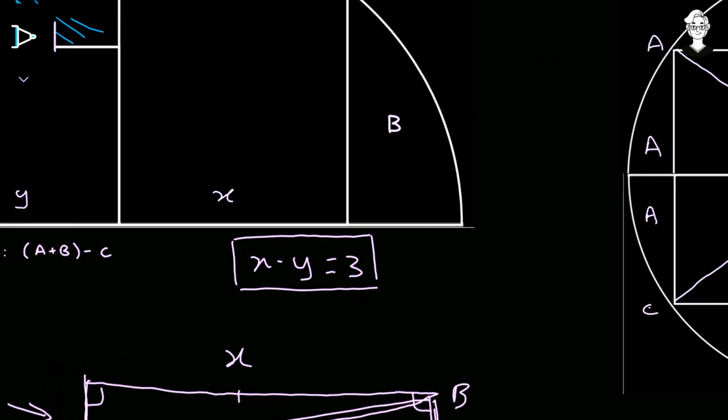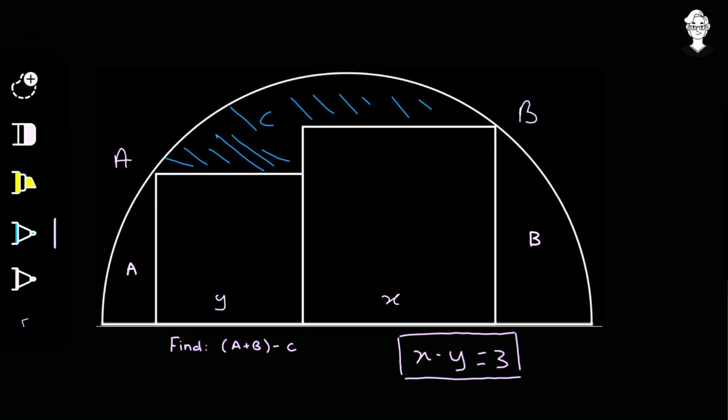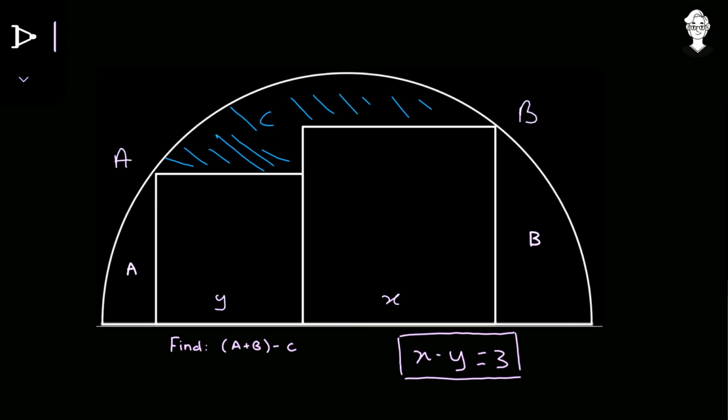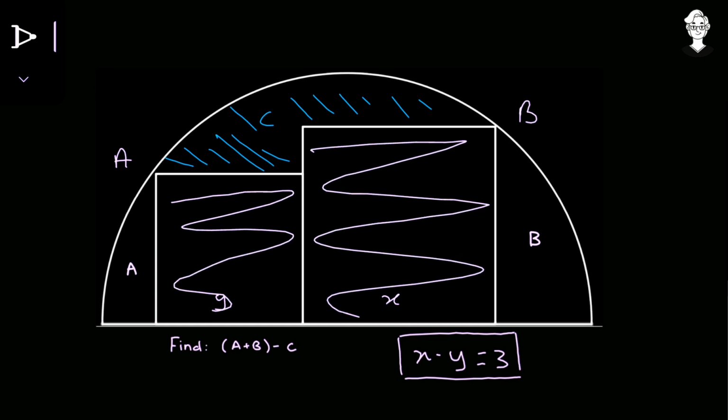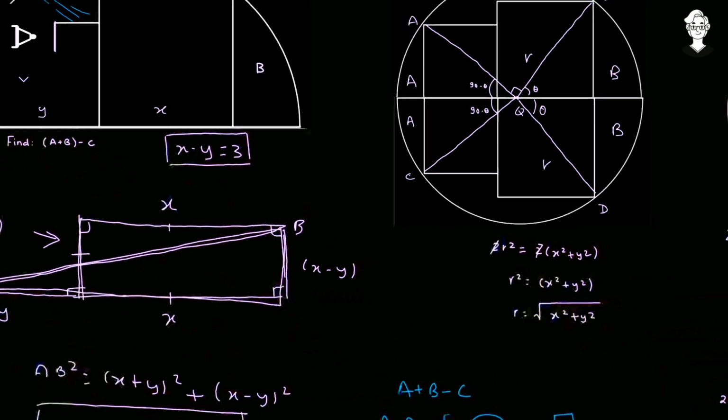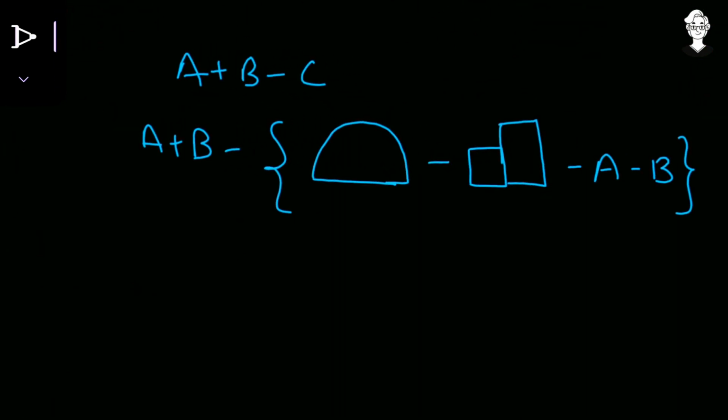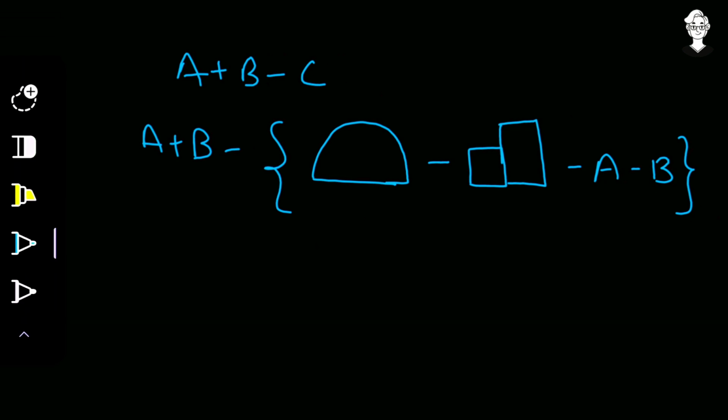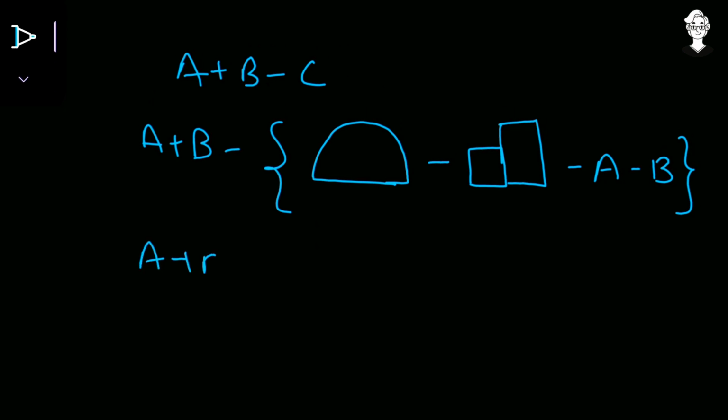Let me show you over there. So from this complete diagram, that is this complete semicircle, I am just removing this square, this particular square, region B and region A. So what we are left with is the region C. So this expression is completely correct. Now we will open the bracket over there. So let me change the color. Yes. So a plus b, this negative sign becomes minus the area of the semicircle plus the area of these two squares, and positive a and positive b.